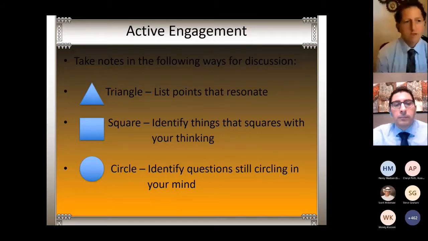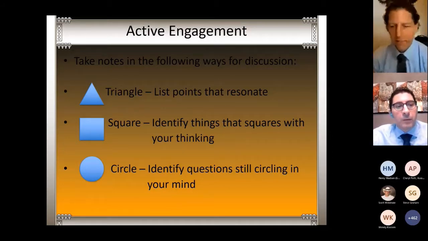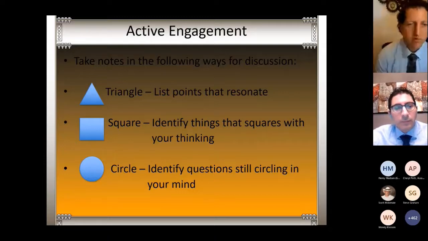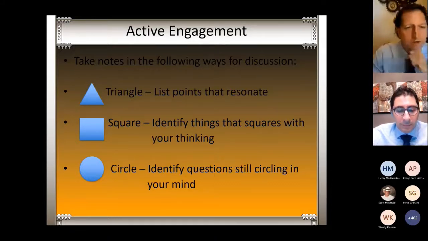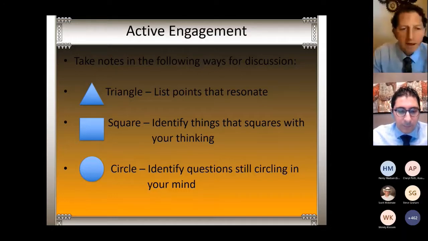It's a triangle, square, and circle way to take notes. As I go through some of the points in the presentation, if there are points that resonate with you, points that you think are important, take those down and list those. As a triangle has points, think about the points that you would like to remember. And then the square is to represent things that might square with your thinking,